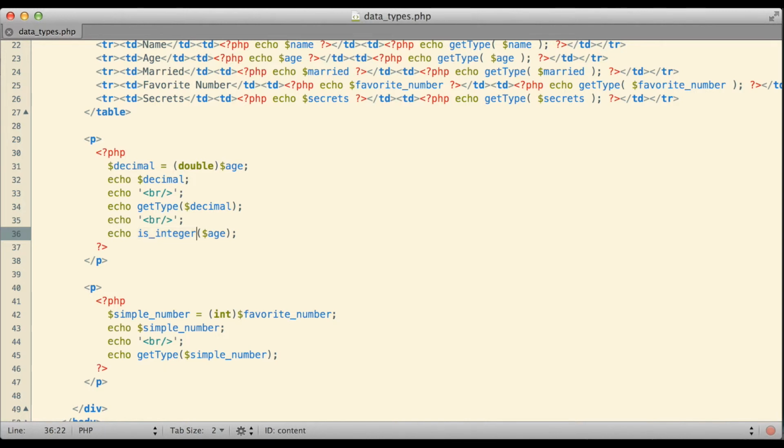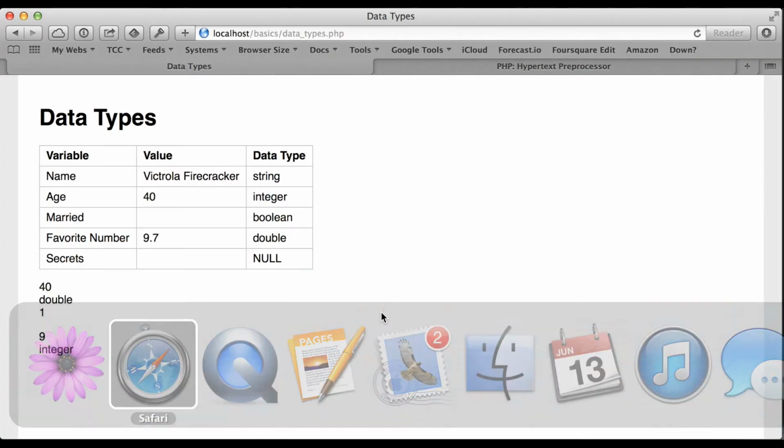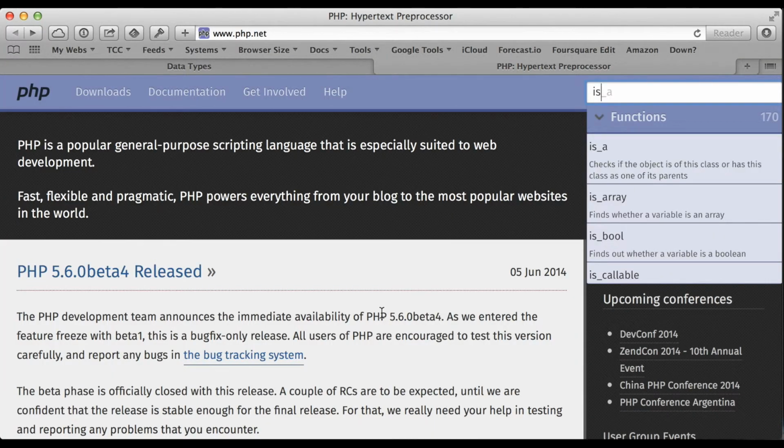Besides this isInteger function, PHP has similar functions to that for just about every other data type that it recognizes. There's is_float, is_boolean, is_string. Right? I'm not going to go through and demonstrate every single one of them. They're not the most exciting functions in the world, but they certainly can occasionally come in handy. If you want to know more about these functions, I would certainly recommend you go take a look at the PHP documentation. If you go into your web browser and go to the website php.net, right, there's a search box